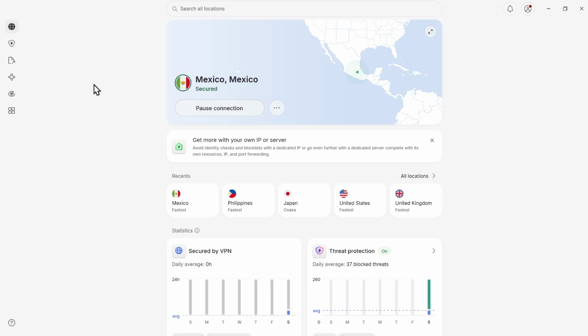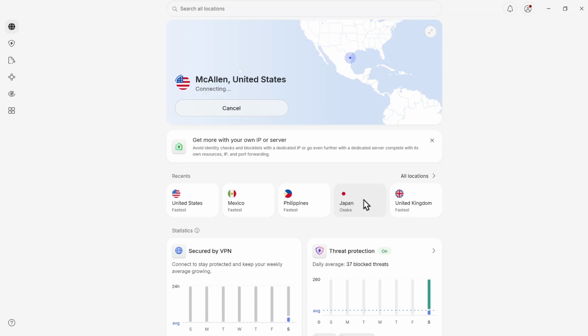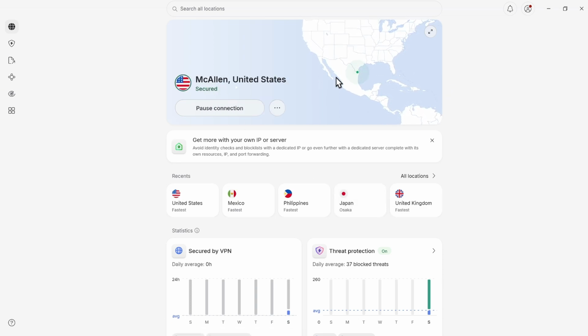Alright, so first up, go ahead and open up NordVPN from your phone or computer. Now, once you're in here, all you've got to do is select one of the fastest servers right here if you want faster speeds. For example, I wanted to connect to the fastest one, maybe United States. I'm going to click on it, and automatically you'll land on one of the United States